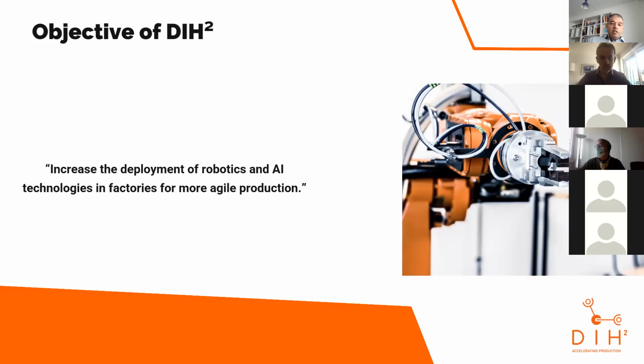What we do together is increase the deployment of robotics and AI technologies in factories for more agile production. If we think about robotics, it has been part of lots of manufacturing processes, and it's constantly increasing. But fundamentally, one of the key elements that will make robots go into more and more applications and solve more and more manufacturing problems is when they are empowered with artificial intelligence, when they can behave more smartly and intelligently, because most robotic applications are